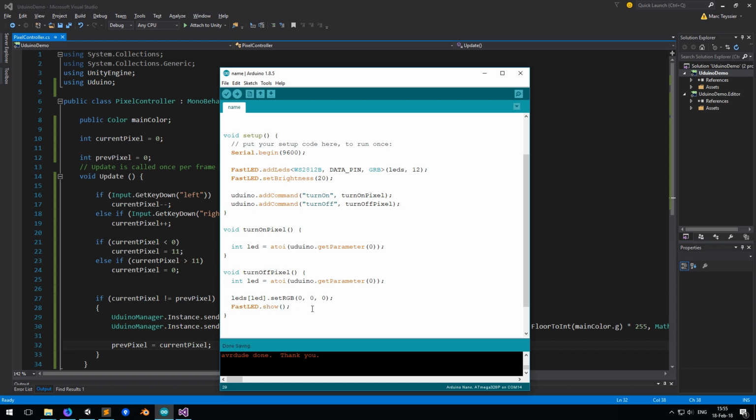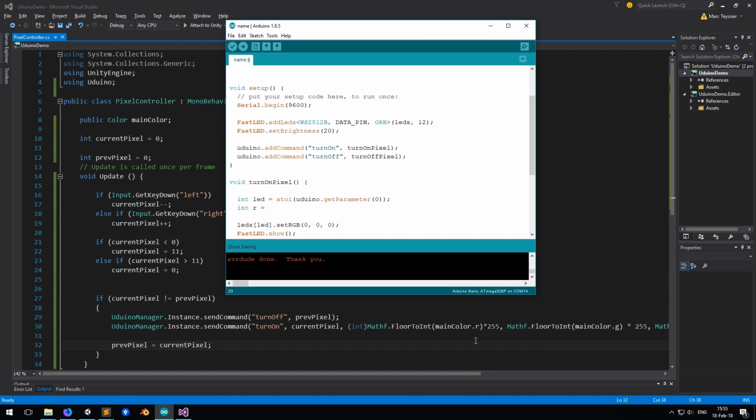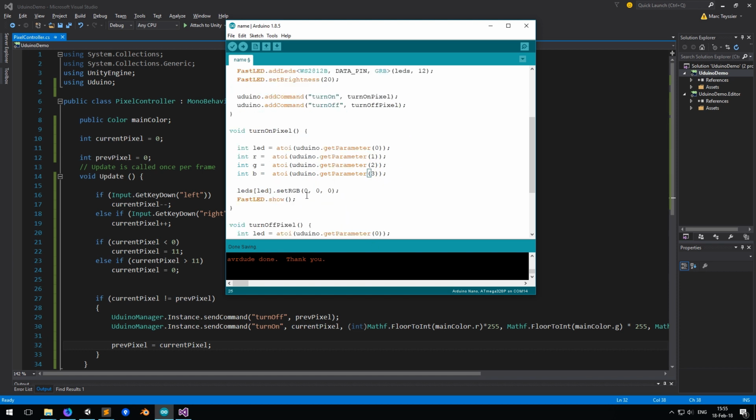We can use the same bit of code for the turnOnPixel function, but we are going to get the other parameters, which are the red, green, and blue value. We create 3 variables that are going to catch the parameter 1, 2, and 3. Then we can set the RGB value to RGB.